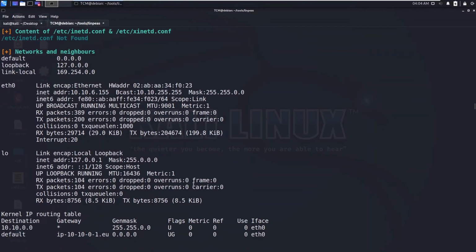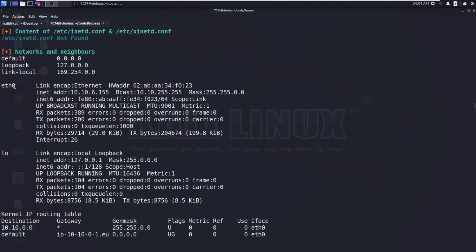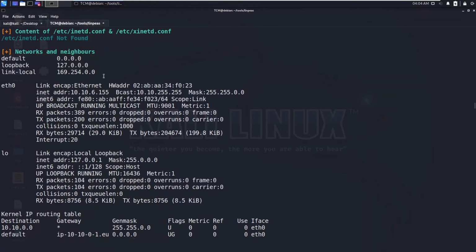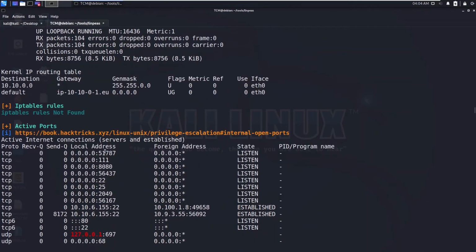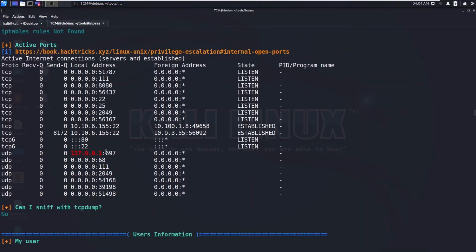And also this is very important, ifconfig, it will show you adapters. This is loopback and this is eth0. Sometimes you will find eth1 or some other adapter with another IP address, so that subnet may have some other machines. You need to pivot through this machine. So no iptables rules, active ports. So one UDP service running on 697,